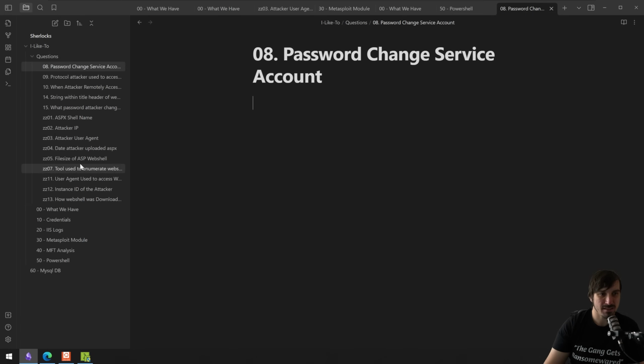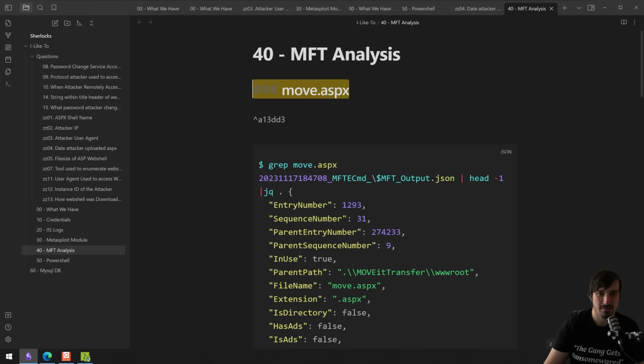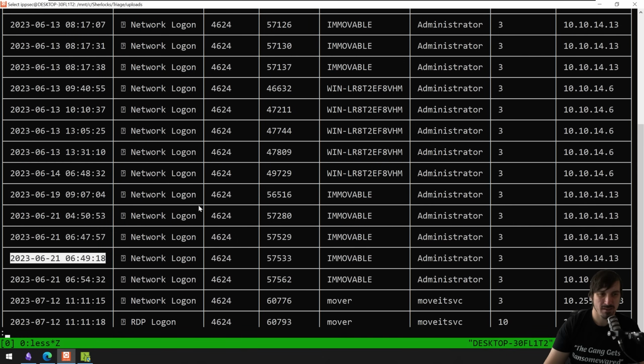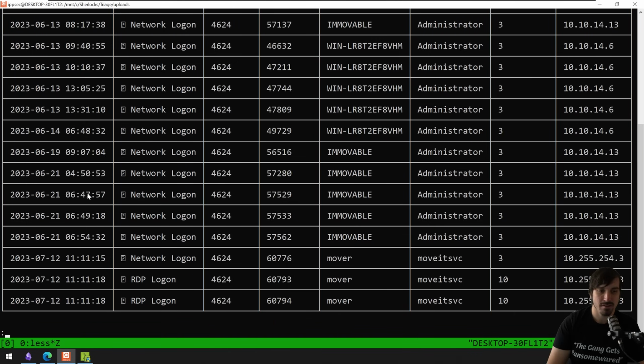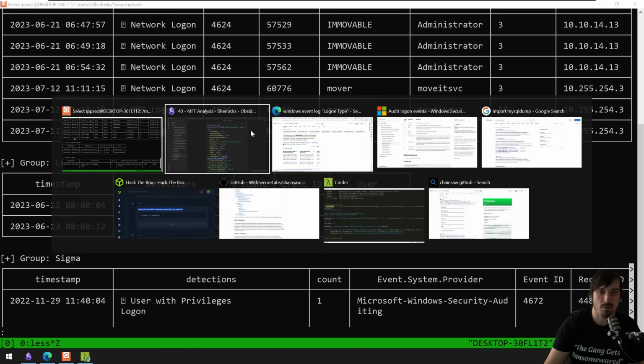I think it was, let's see, date uploaded to ASPX. This is July, right? So all these are benign probably, unless there's two attackers. But we do have an RDP login. So one of those questions,